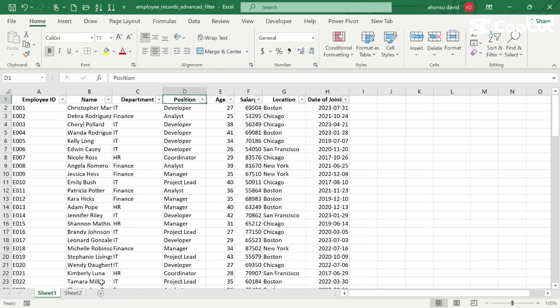But I want to show you a method today where you don't have to do that. It's a method that will help you select multiple criteria all at once. So how do we implement that? We'll implement that by using the advanced Excel function. First of all, I will remove my